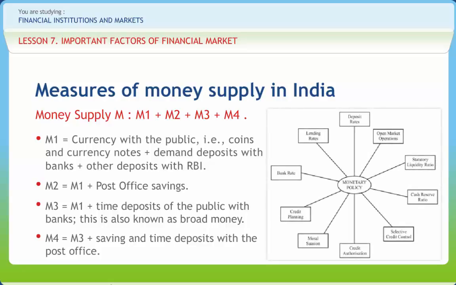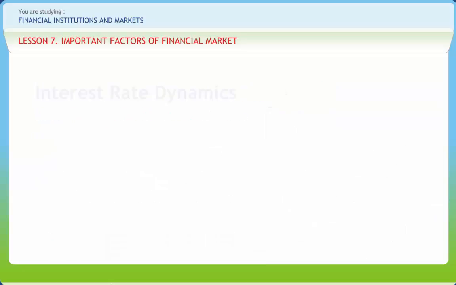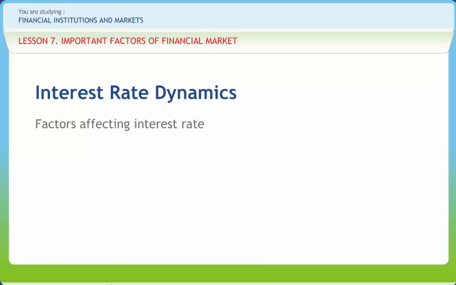The growth in money supply must be higher than the growth in the real national income. As income grows, the demand for money as one of the components of saving tends to increase. An increase in money supply is also necessitated by gradual reduction of the non-monetized sector of the economy. In our country, the rate of increase in money supply has been far in excess of the rate of growth in real national income. Interest rates are the price for